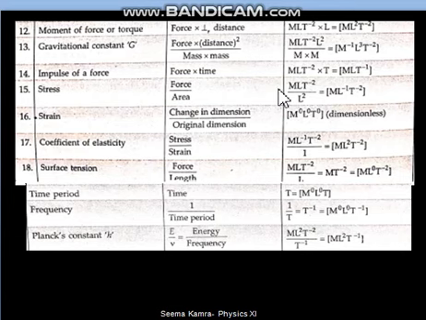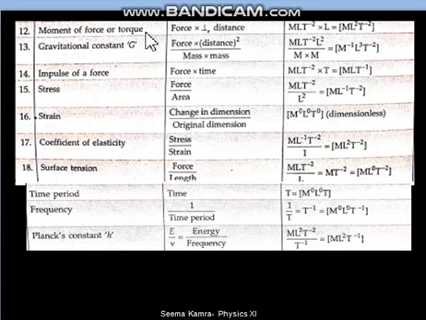Let us practice now in this sheet some more quantities like moment of force or torque. Now this quantity you have not studied, so you must not be knowing its formula which is required. So one basic formula is always required for getting the dimensional formula. Whichever quantity is appearing new for you, you learn its basic formula so that you can always derive the dimensional formula. So torque quantity will be appearing in unit number 5, rotational motion.